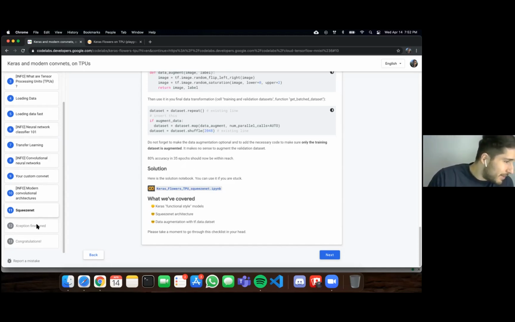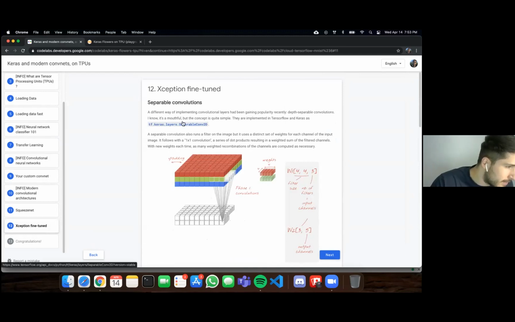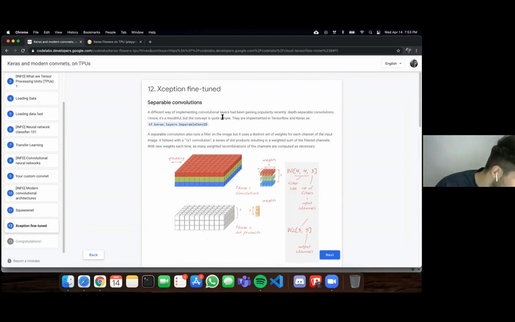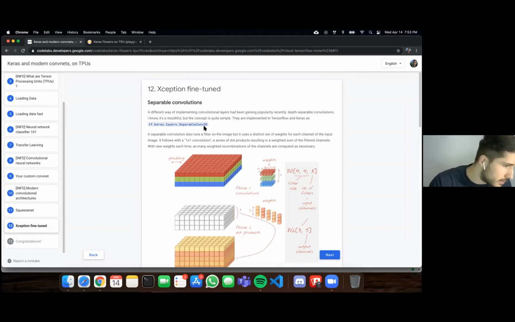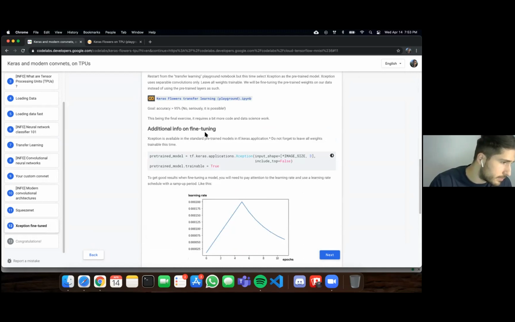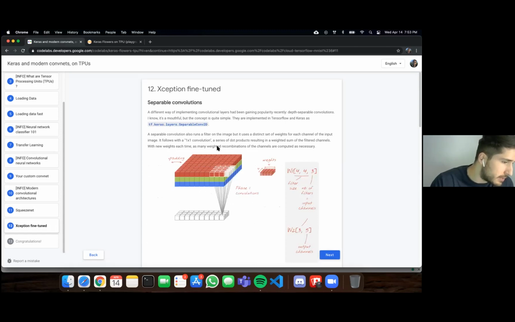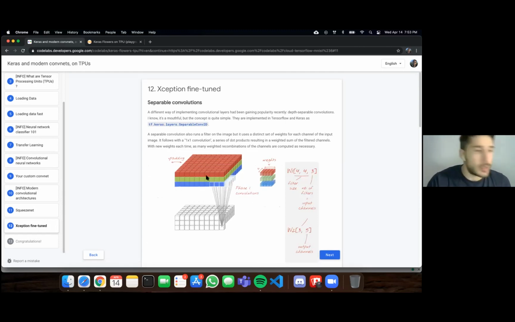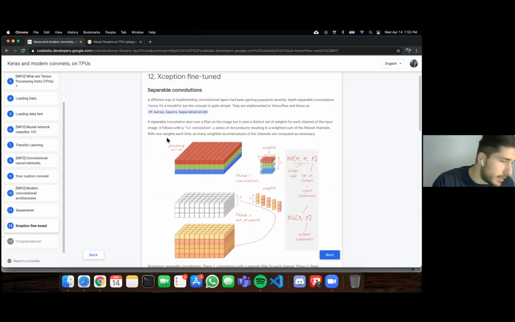Okay, so let's jump into the final part of the Colab. We see that we have Xception. This is a different type of convolution. It's based on the same concept of Inception, but it is using a very different way of computing convolutions. So I'm going to go through it very quickly because the math behind this might be a little bit overwhelming. But if you see the image right here,